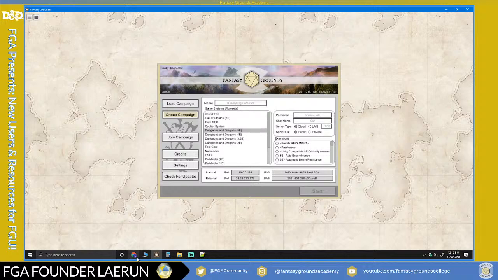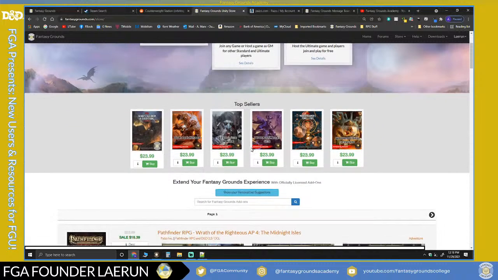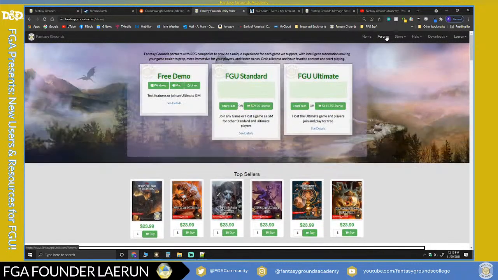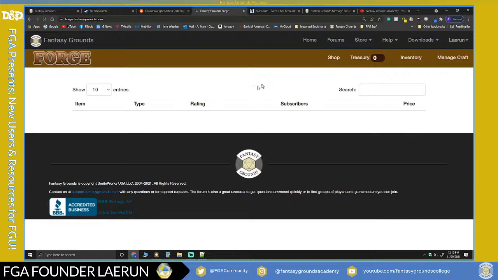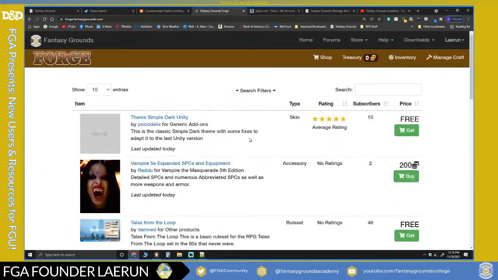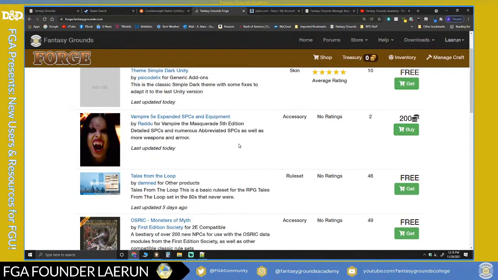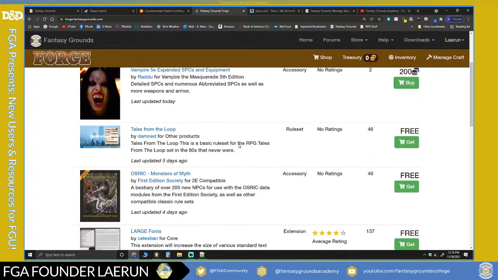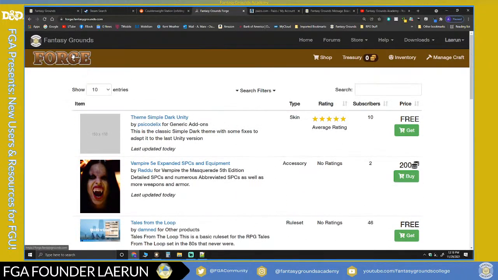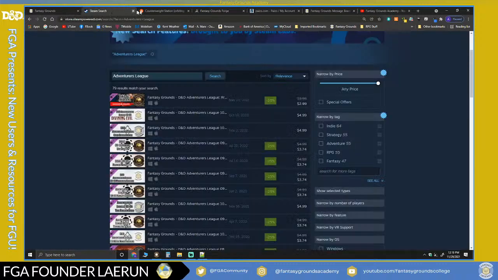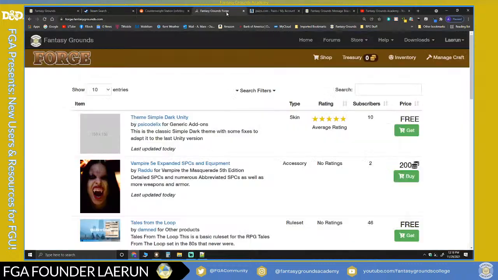So if you are the developer type, or you like modifications, or you like to create content, Fantasy Grounds now offers a store option, which is called the Forge. The Fantasy Grounds Forge is a place where one can upload and make things for their specific campaigns and then share those. So if you want something to be shared or you want to sell it, you're able to do that in the Forge. The Forge is a fairly new option. It kind of works like the Steam community mods. Once you create the content and it's uploaded and it's been approved, you'll be able to share it.